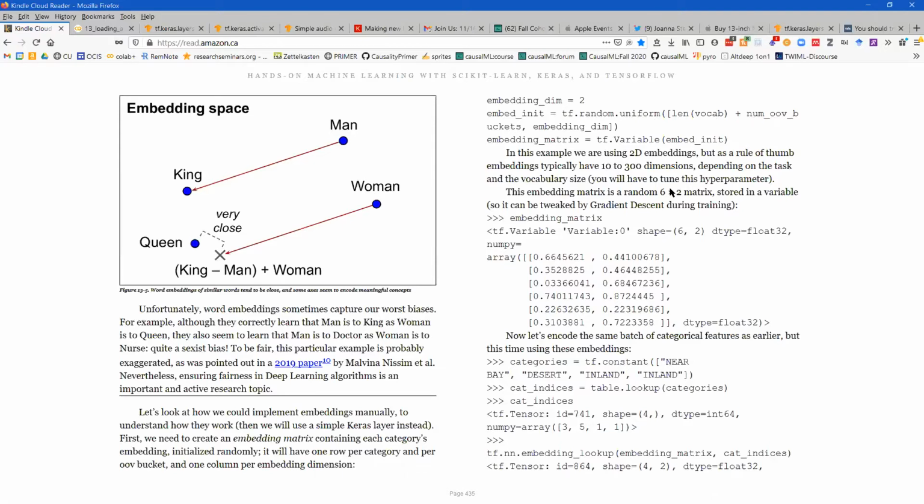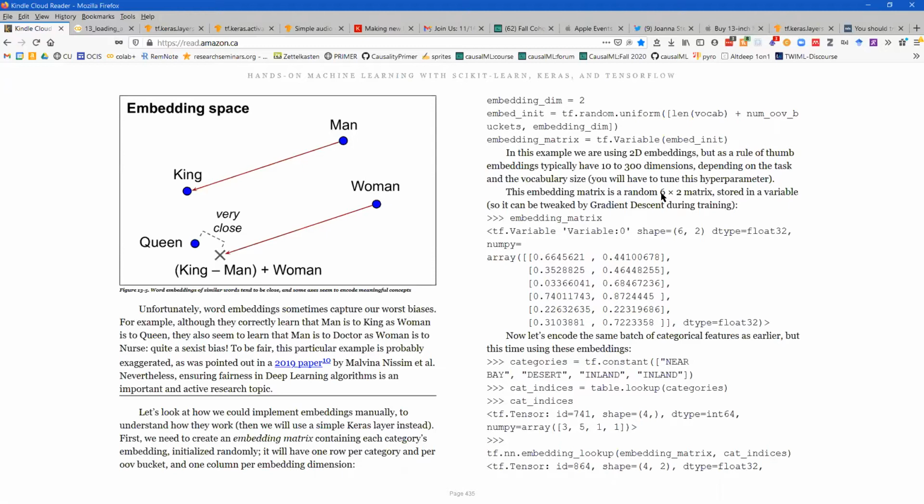So now I'm a little confused. I would have thought it would be 7x2. And the 2 is the embedding dimension. The embedding dimension is 2. So 5, 6. Does anybody have an insight as to why this isn't 7? Yeah, because it should be 7. So a 7x2 matrix, and